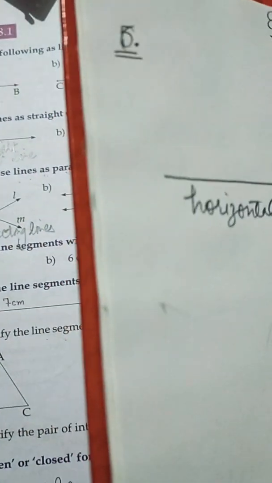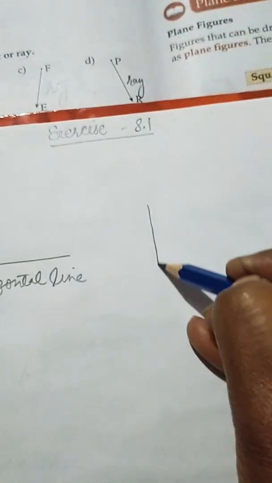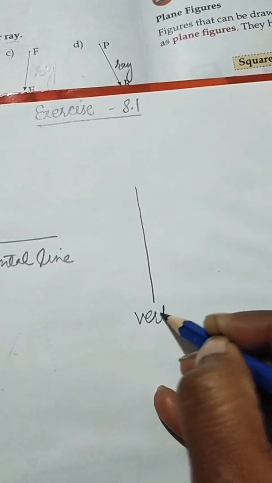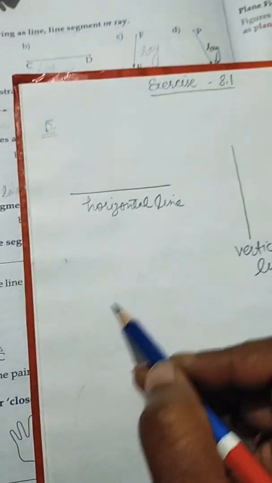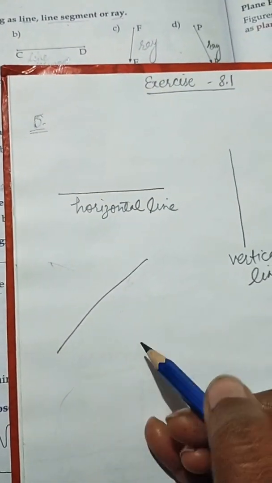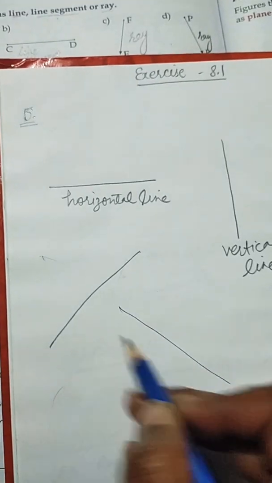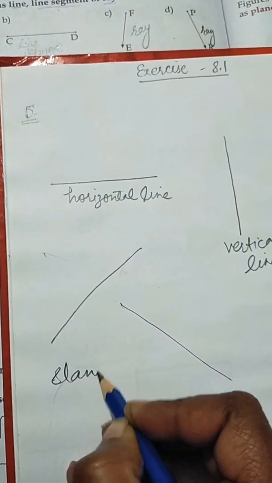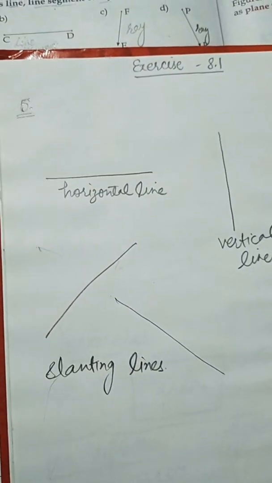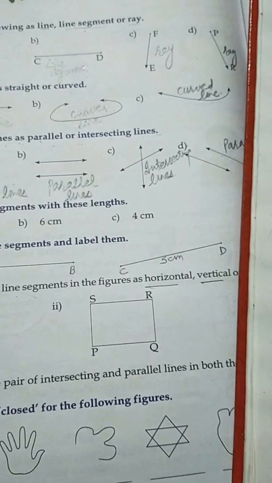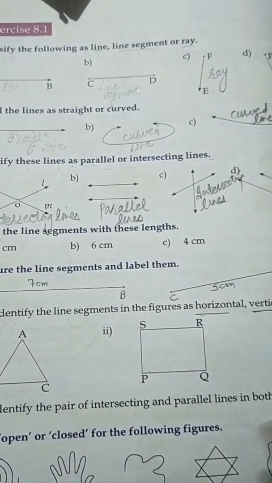Yes, after that, the standing line is called vertical. This is a vertical line. And a slanting line is like this. If the line is there like this, these are slanting lines. So here in this sum we have to observe both figures, and we have to